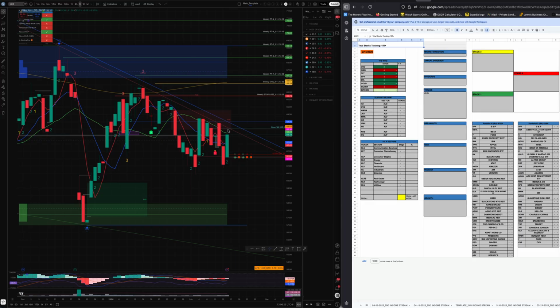Nike stage one, it broke above the 20. Then it closed out right below the 20. So right now, Nike is in stage one. This could possibly be a trade